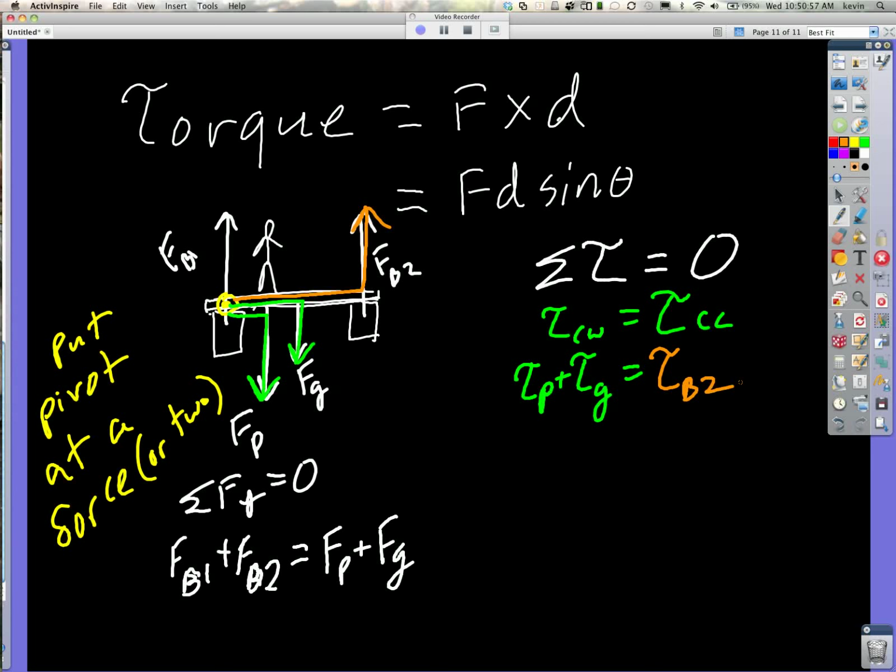And then that's going to equal FB2 times L. L is the length of the board, yes. And now I can cancel the L's. And so that gives me FP over 3 plus FG over 2 equals FB2. Do you see now I have two equations with two unknowns? I can solve. Take this, substitute it in there to get FB1. Okay, and that is your standard